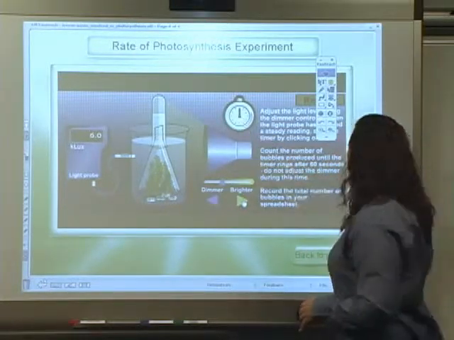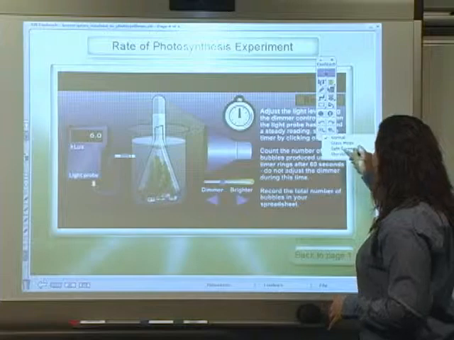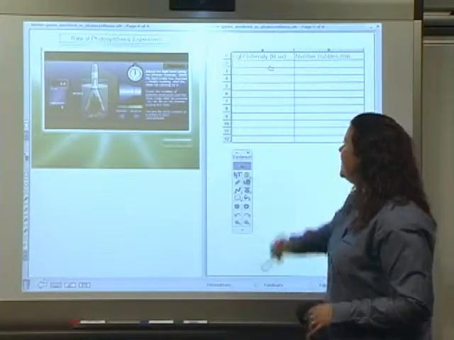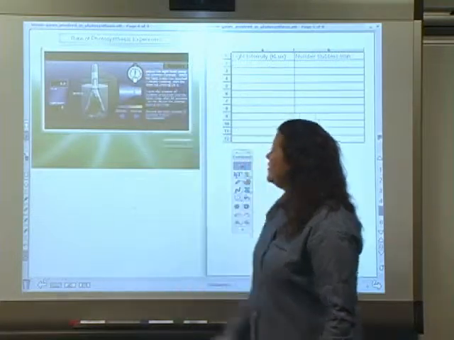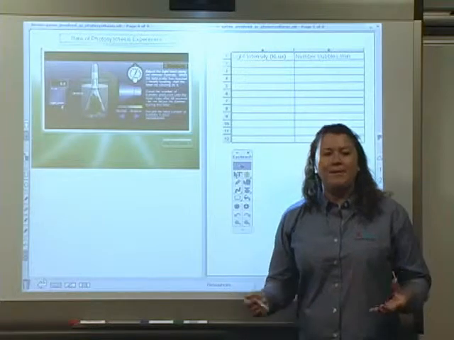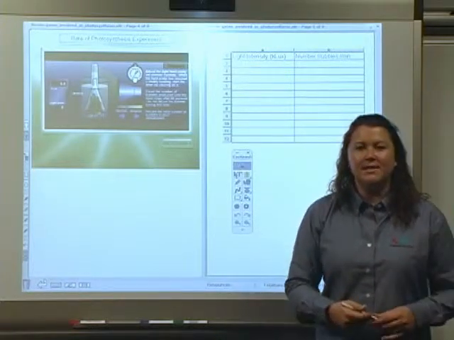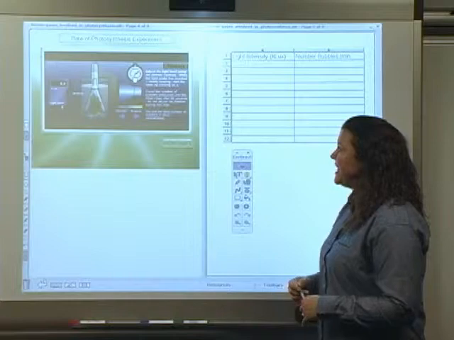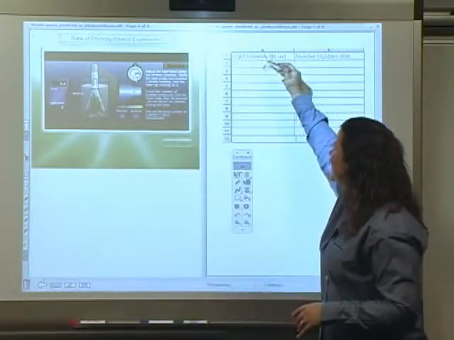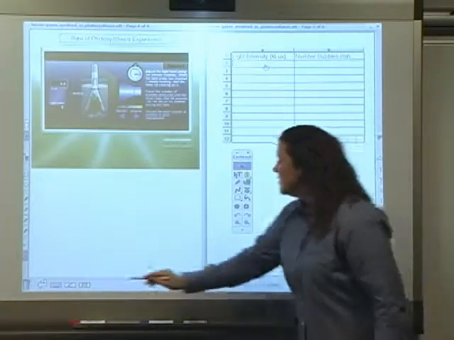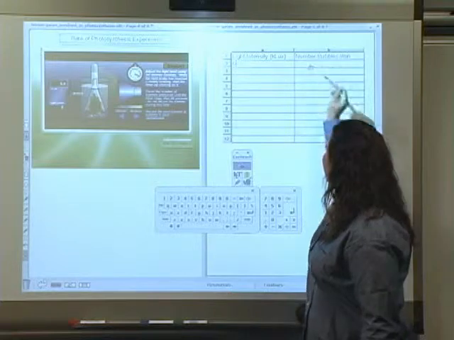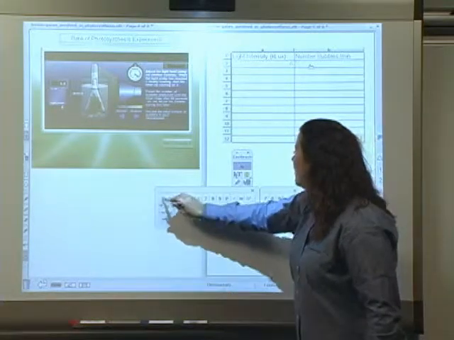So clicking on the timer, but before I do, I'm going to go into split screen mode, and you'll notice a spreadsheet. So clicking on the timer, the students will then count the number of bubbles created by the rate of photosynthesis, and the number of bubbles they count within a 1 minute period with that particular light intensity, they can then record. So we've got 6 in terms of the light intensity,